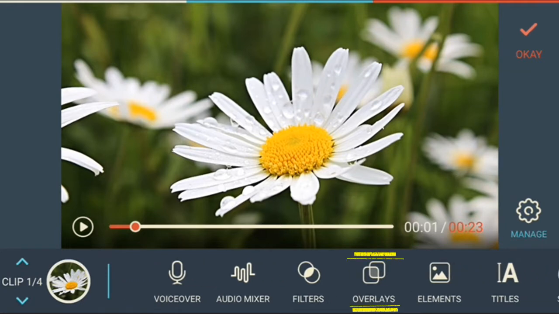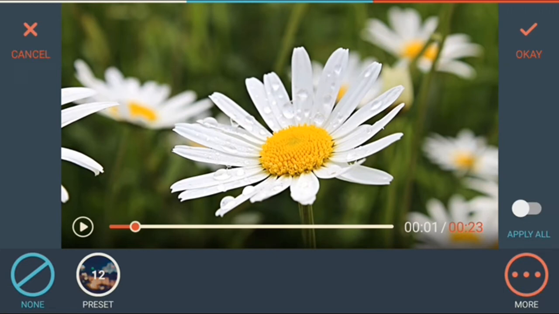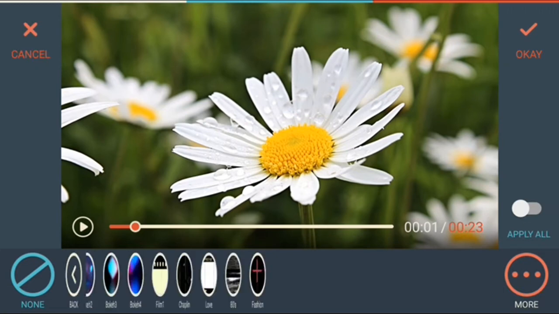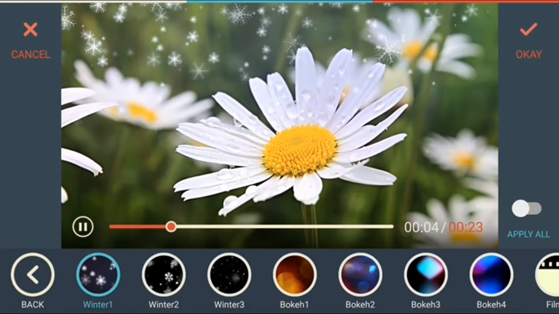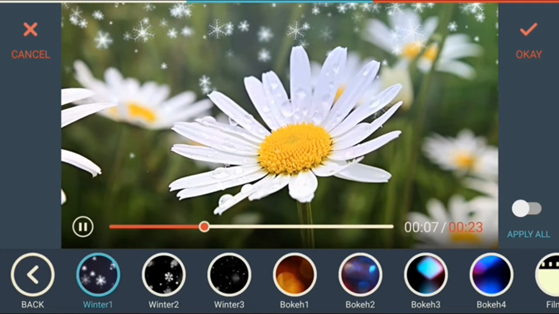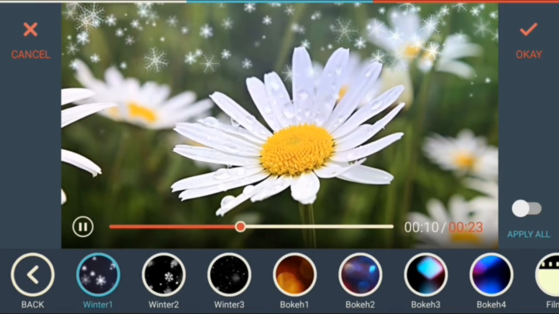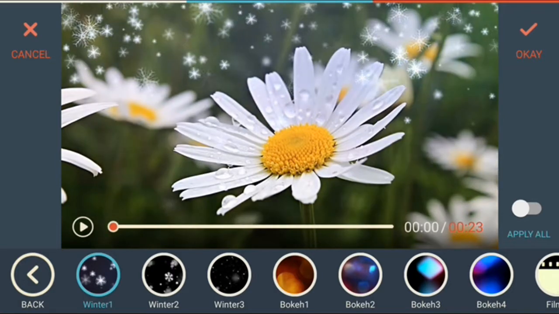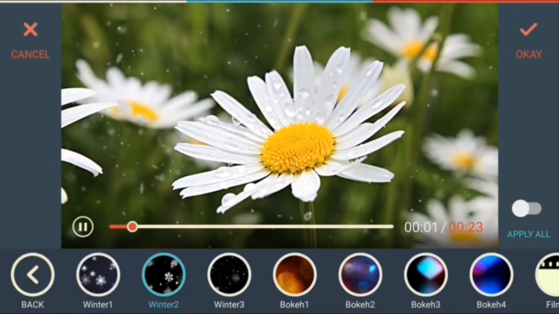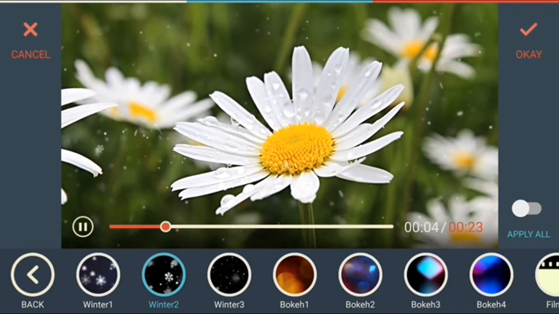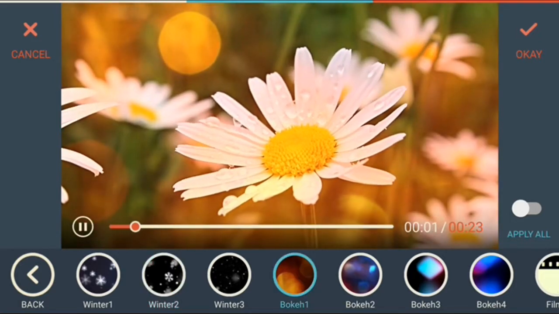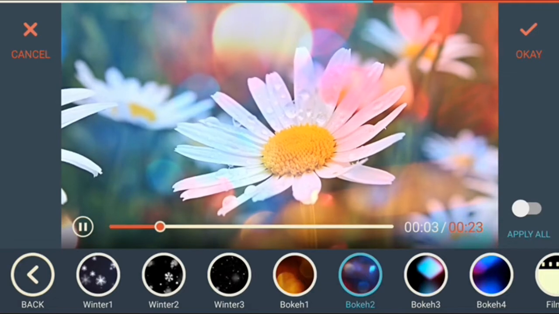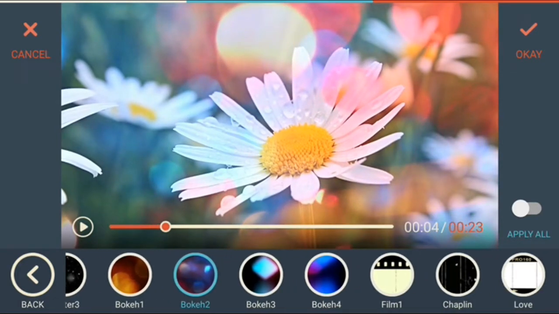Now the next one is overlays. In overlays, again there are 12 presets provided. Now first preset will be winter 1. Now winter 1 overlay is applied onto this video clip. Now I will try with winter 2. Winter 2 overlay is applied. Likewise, you can choose various overlays provided to make your beautiful video.